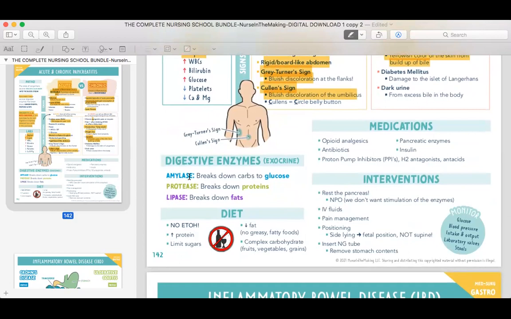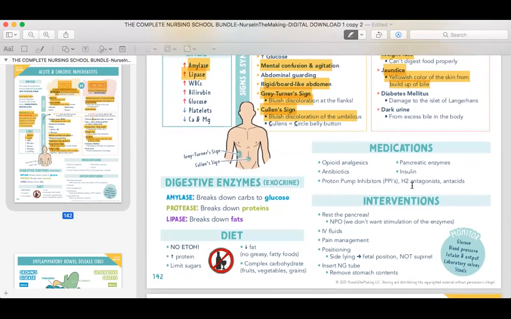So amylase, right here. Amylase breaks down carbs to glucose, proteins, and lipase breaks down fats. So P to P, lipase, fat, and amylase. But don't memorize this for right now. Just know that if you have a problem with the pancreas, pancreatitis, acute or chronic, the enzymes are all going